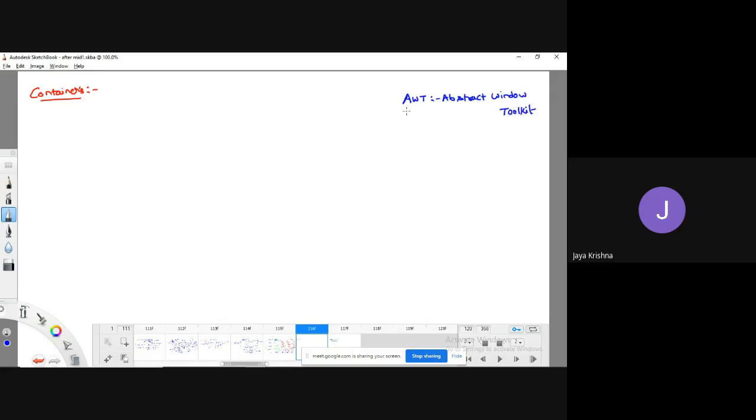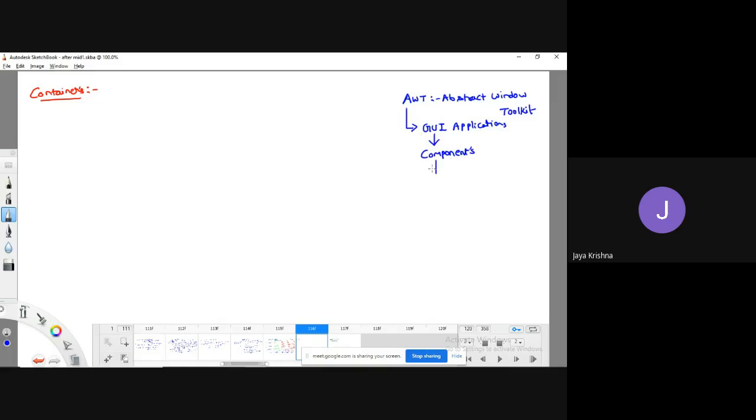The main purpose of the AWT framework is to design or implement GUI applications. Whenever you design any kind of GUI application, you must implement it with the help of components. A GUI application is a collection of components.